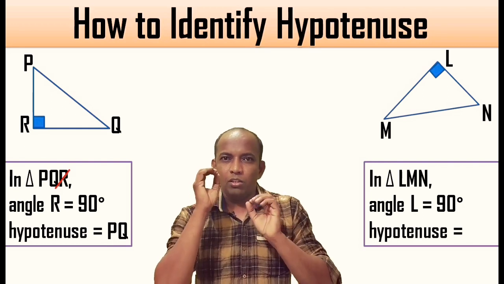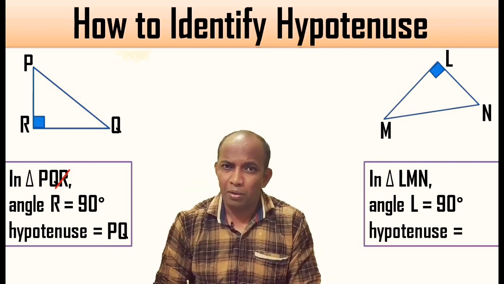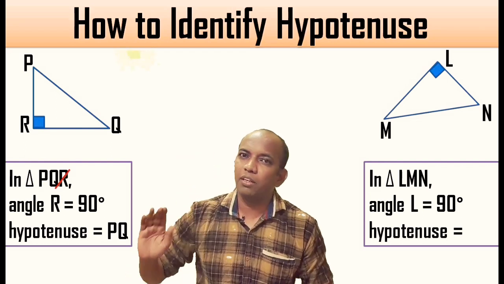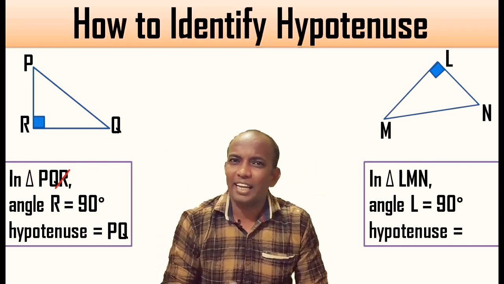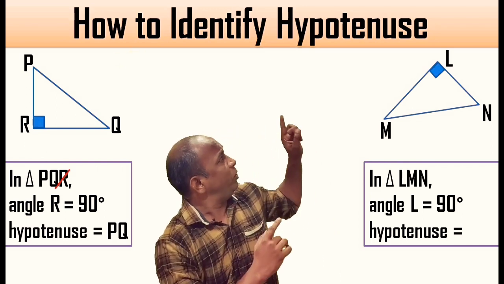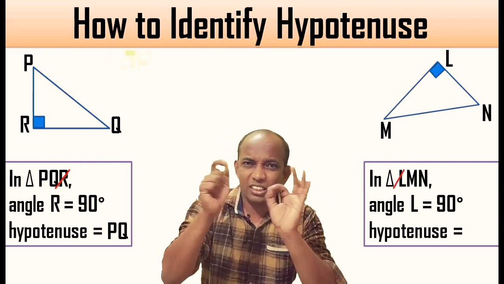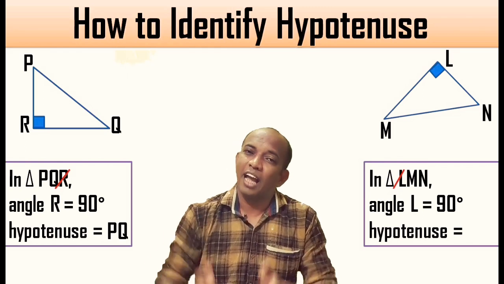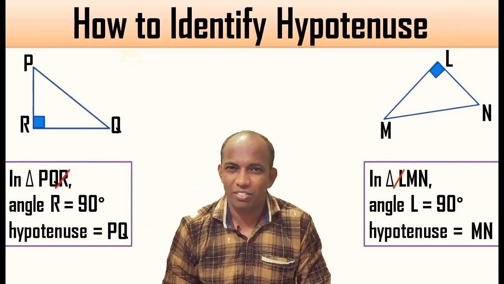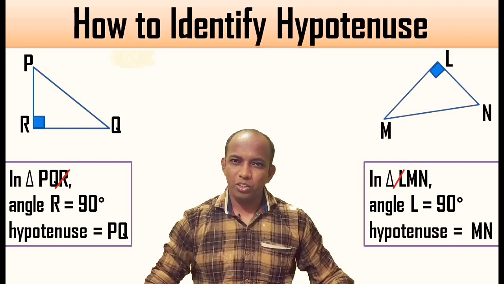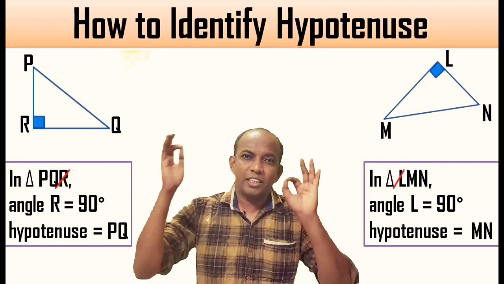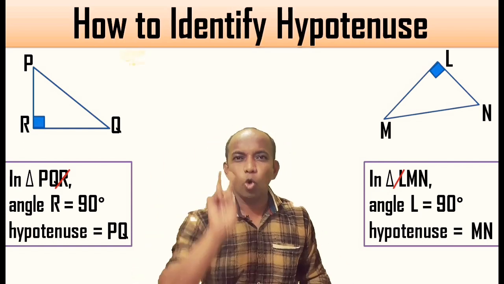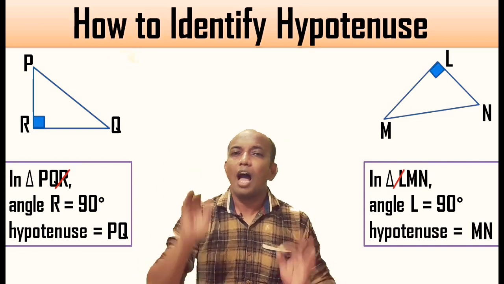क्या करना है मुझे? जिस वर्टेक्स पे 90 डिग्री फॉर्म हुआ है, उस वर्टेक्स को ट्रायंगल के नाम में से मुझे निकाल देना है. मतलब अभी if we see triangle LMN, then angle L is 90 degree, right? So the moment you remove that angle L, what is gonna be left over there? Yes, it is MN, and that MN will be the hypotenuse in that triangle. Clear? क्या करना है मुझे? ट्रायंगल को चूज करो, उसमें 90 डिग्री को पहचानो, उस वर्टेक्स को ट्रायंगल के नाम में से रिमूव कर दो. जो दो लेटर बाकी रहेंगे वो रहेगा उस ट्रायंगल का hypotenuse.